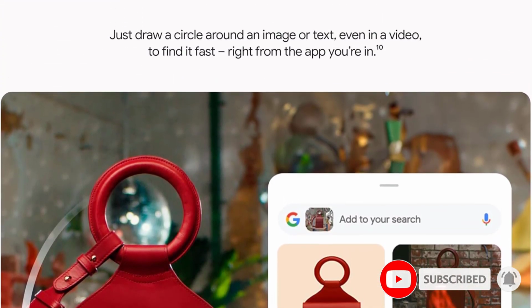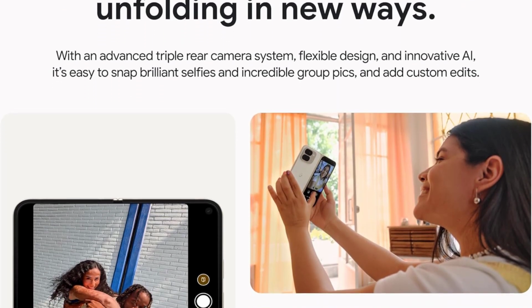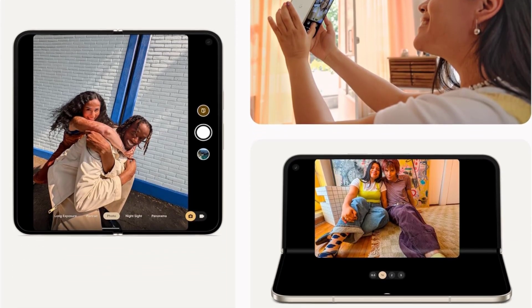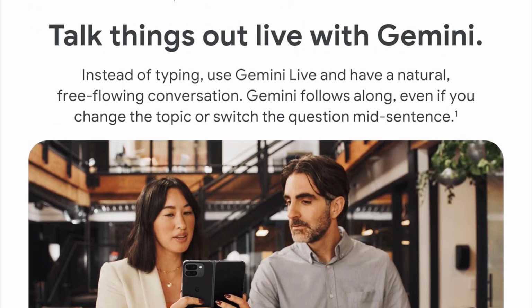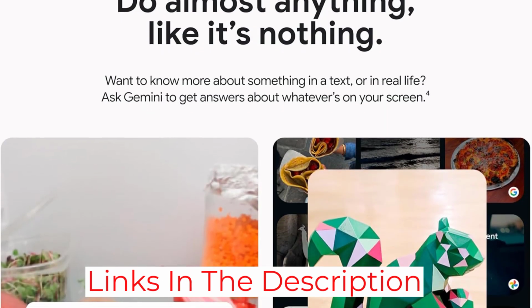It's remarkably thin, so much so that you'll keep using the 6.3-inch external screen and forget that you have a folding device in your hands. Open it up and you get one of the largest inner displays available, and it's great for playing games and watching YouTube. It's also wonderful for split-screen apps, allowing you to juggle multiple tasks without feeling constrained by the size